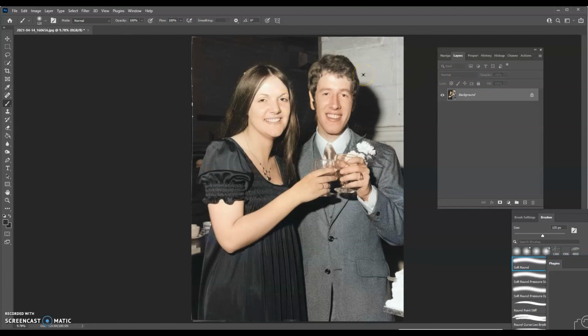And that's us. So that's the finished photograph, and that's how to colorize an old black and white image in just a few clicks using neural filters and layer